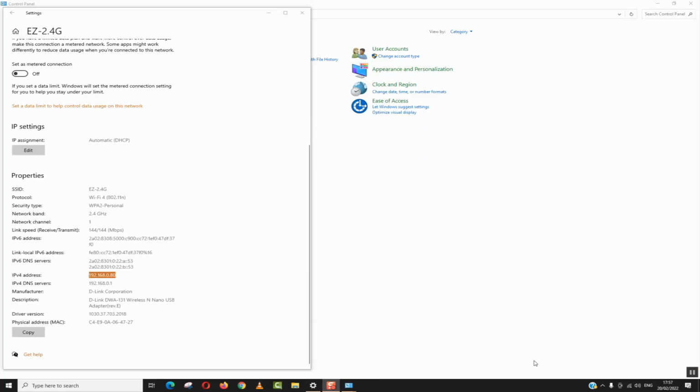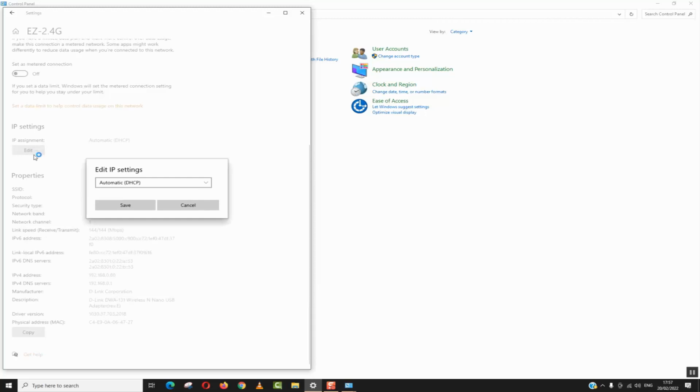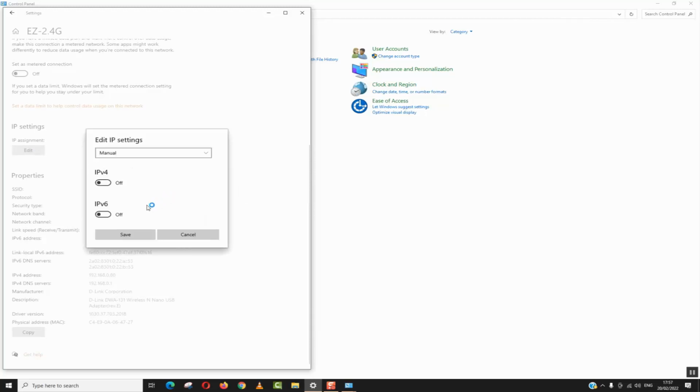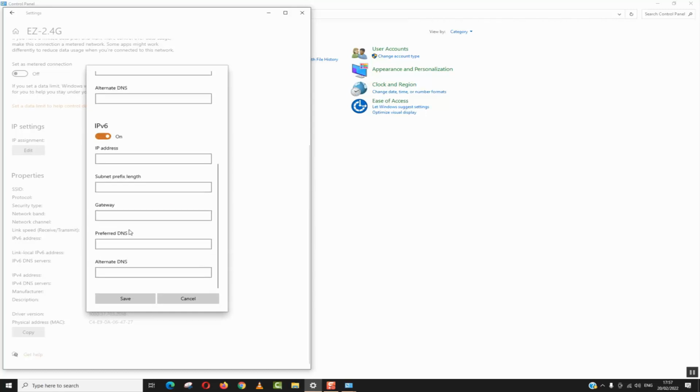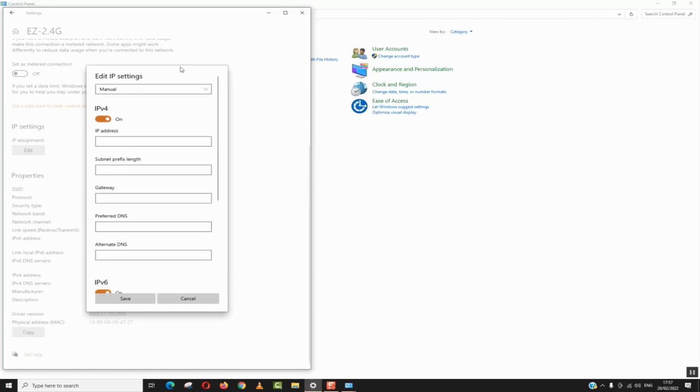So now that you have tried the first option and the second option, if this still didn't solve your internet problem, you want to go to your settings, the one which you opened earlier, click on IP assignment, automatic DHCP, and make sure to change it first to manual. Click IPv4, IPv6, and you will need to copy exactly the same details. However, you can use any details for now, since we will switch back to automatic. So just click Save,